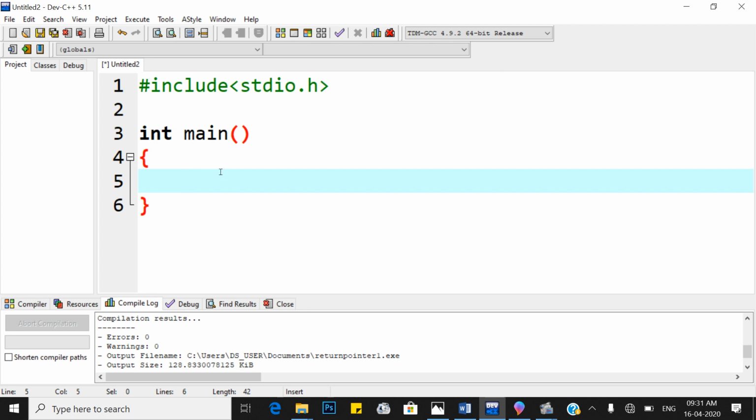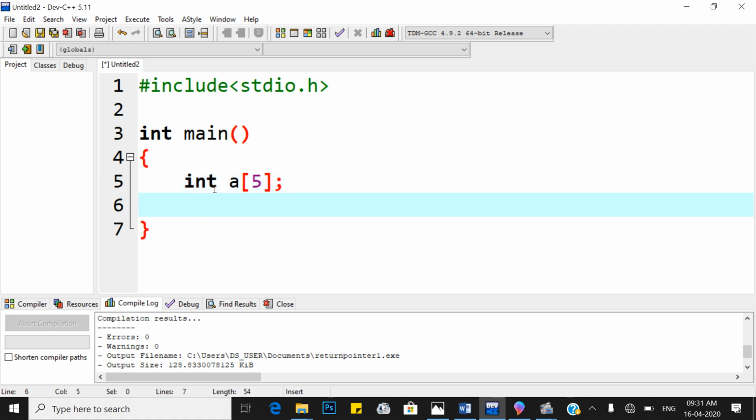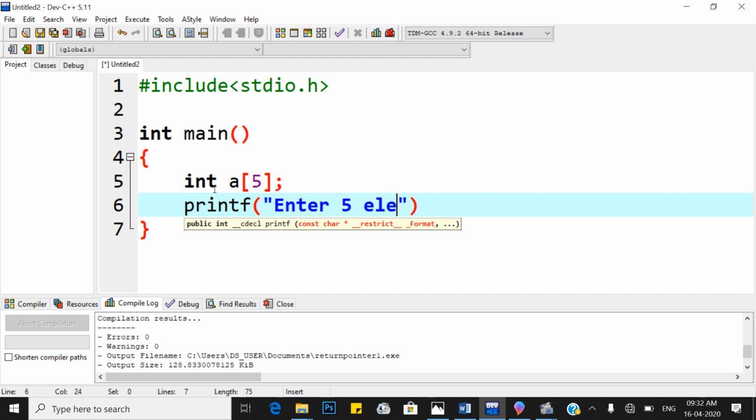First we have to scan one dimensional array, suppose an integer array of 5 elements. So how to scan? First give the message, that is printf, enter 5 elements in an array, backslash n.